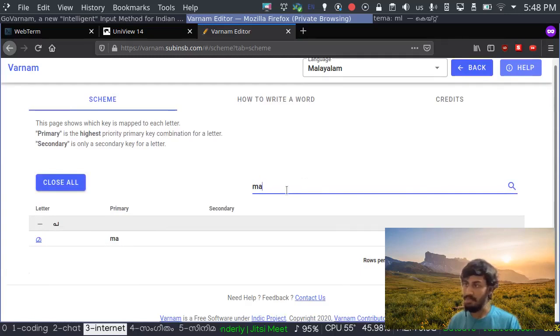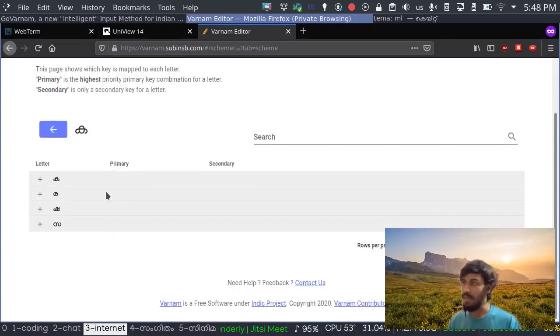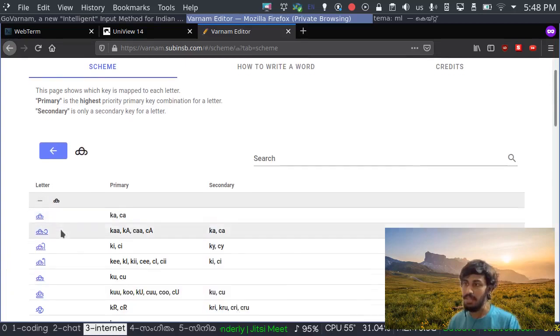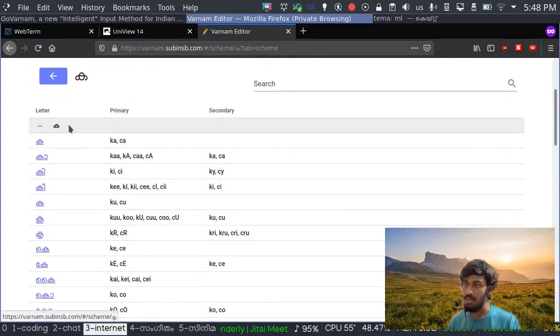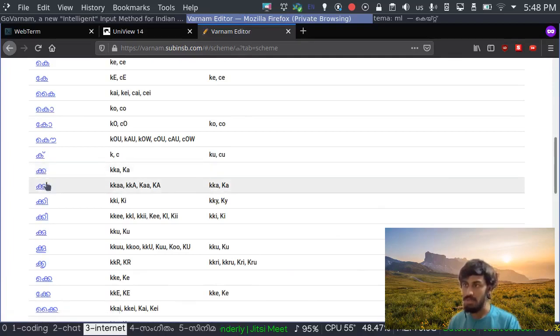You can simply search that. Let's say Ma. Okay. Now if you need to find more combinations of those letters, we can simply click them like this. So let's say Ka, for example. I click Ka and you can see all the combinations of Ka with other letters. So this is the combination of Ka with Ka again. So that will be all the other combinations. I mean, this is simply the letter itself. And there will be the doubling of those letters too.